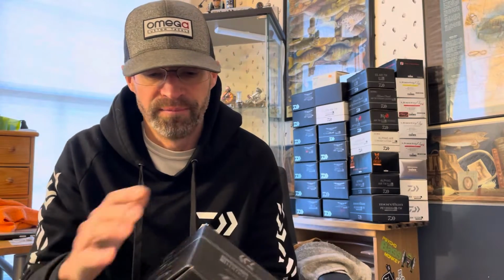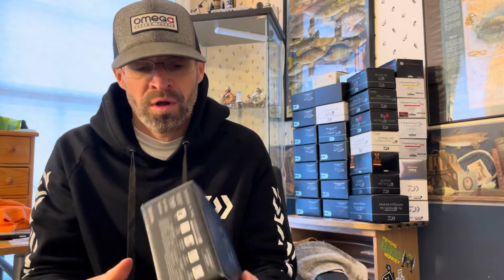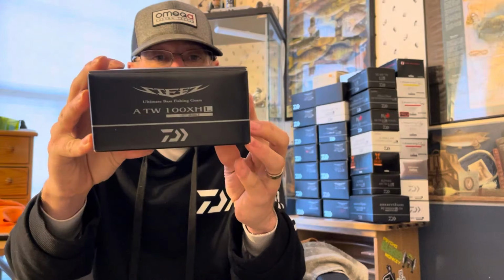Yes, you can get them from Japan. I actually found this through a customer and a buddy. He messaged me. He had a couple, some that I just didn't need. Then he messaged me with this one, and this is the one I've been looking for, trying to find them in stock. They just got back in stock on some of the Japanese websites. So this is it, the Steez AII